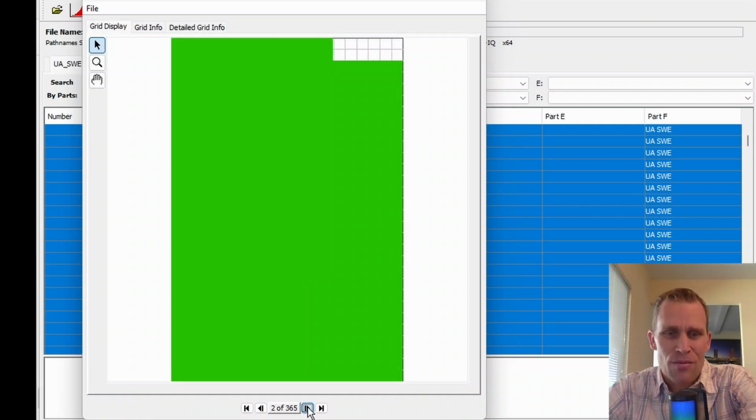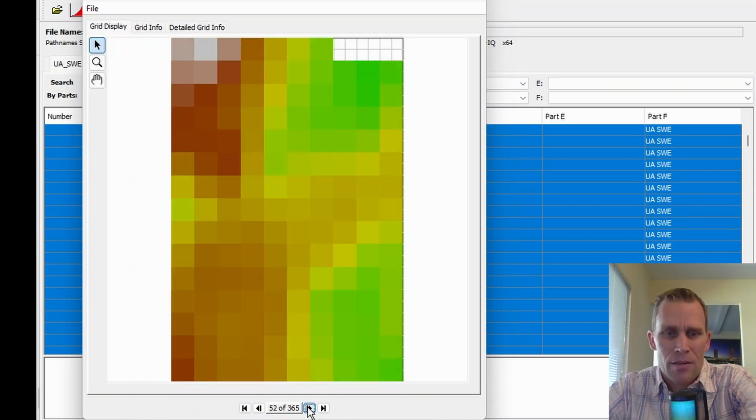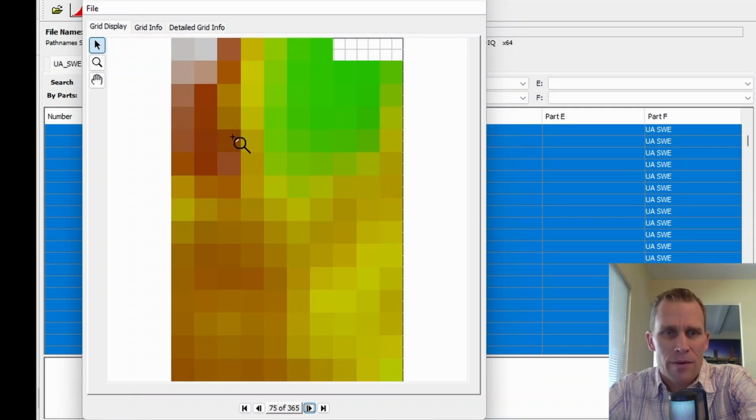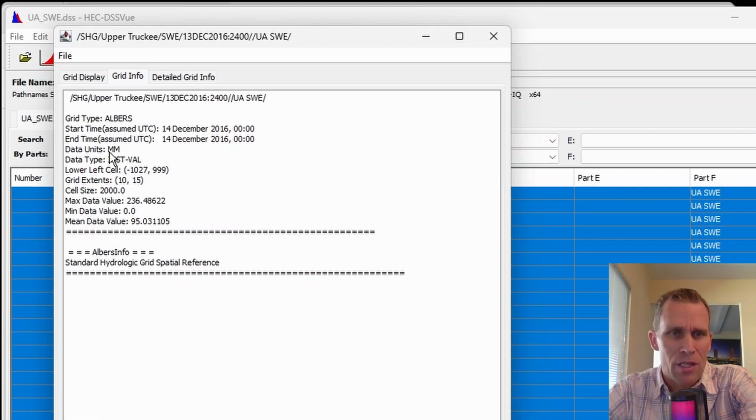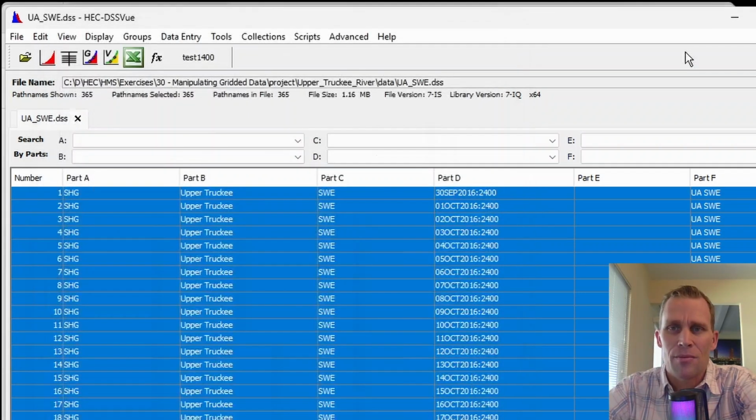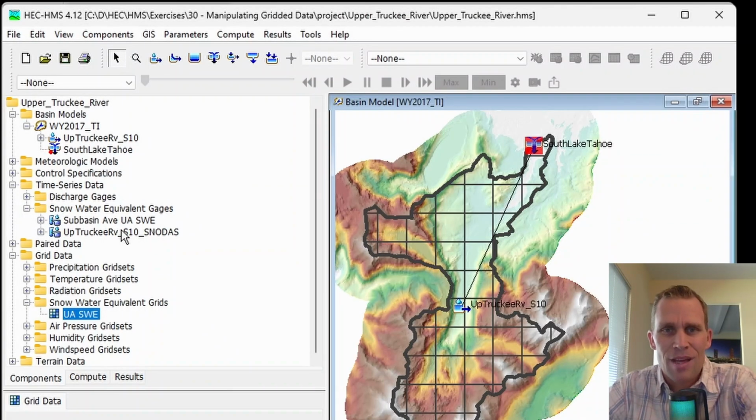But if I start clicking through the days, we see the snow water equivalent begin. So we're into November 1st here, and then this would be December 1st. So if I hover over some values, I see 154, 123, 236. So that's referring to millimeters in snow water equivalent for this coordinate system. Okay, just like to peek at that sometimes to see what kind of data that we are using in our